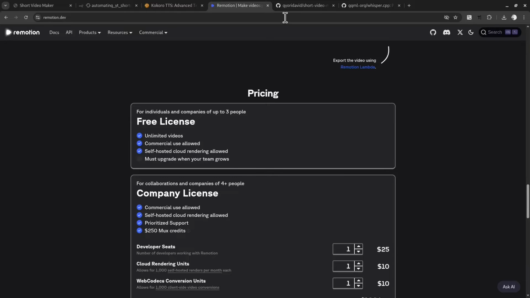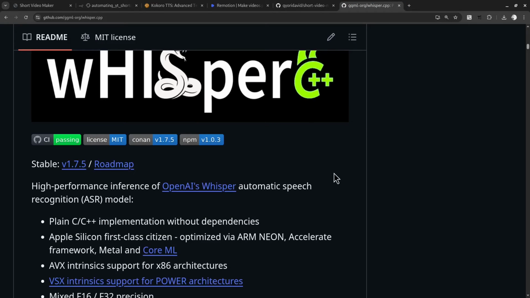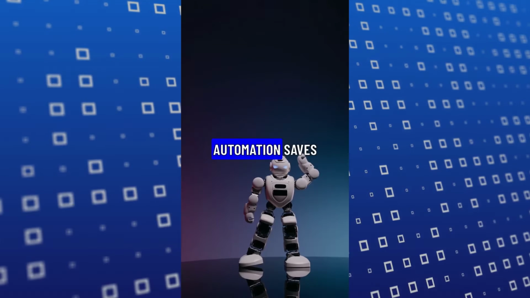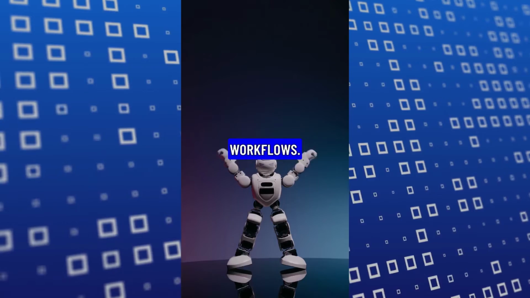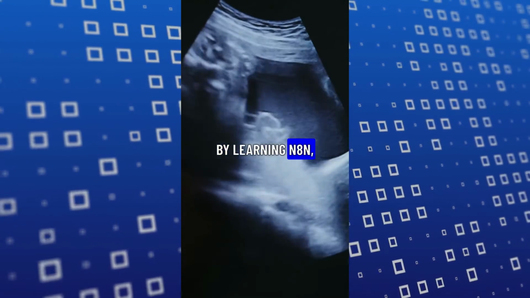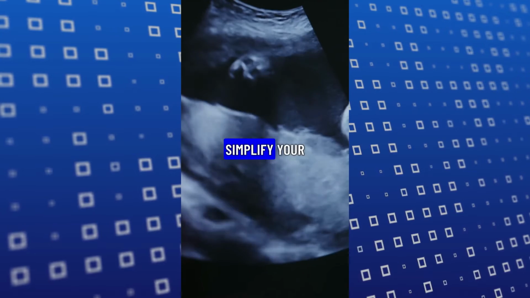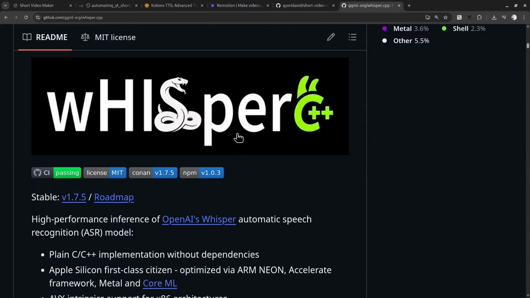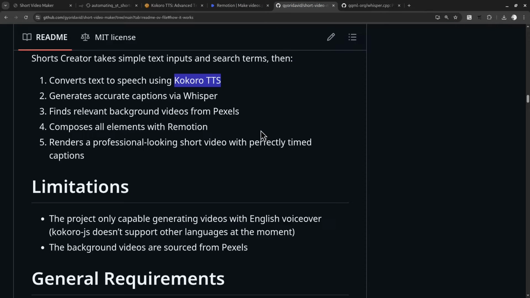And comes the third information that I was talking about, that is Whisper C++. You saw in the video that there was captions, right? So the captions were matching with the voice, correct? This is happening because the Whisper C++ is taking the voice, transcribing it into subtitles, and then putting it back on the video. So this entire process works in tandem. So that's why you are able to get this. So in one repo, in one particular application that I explored today, I found 3 massively game-changing open source applications,